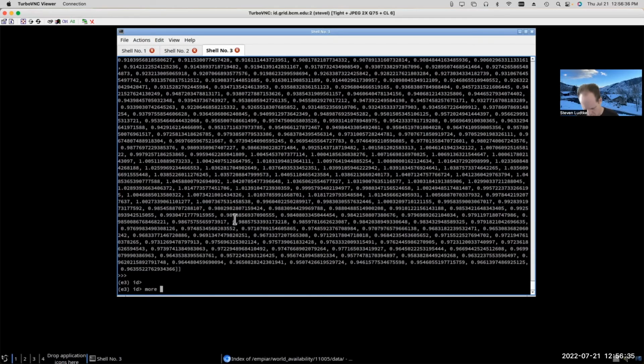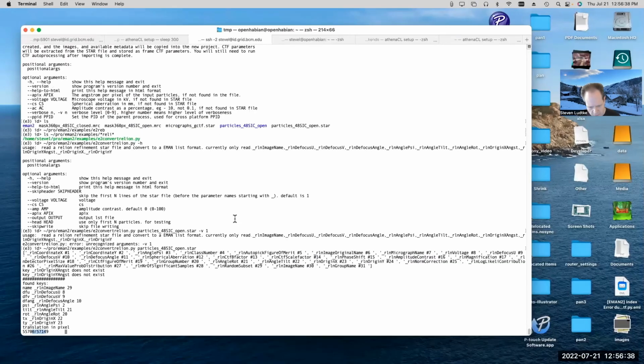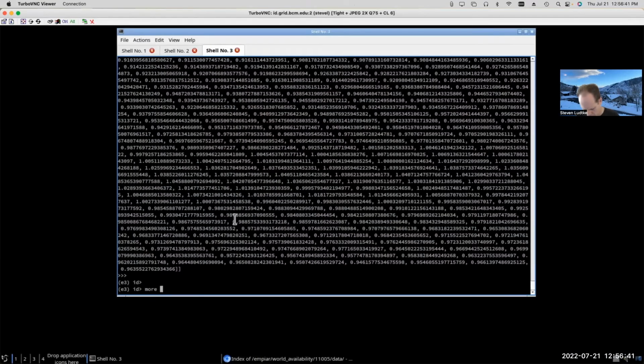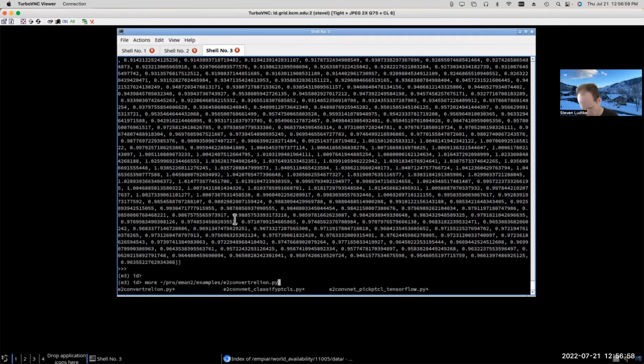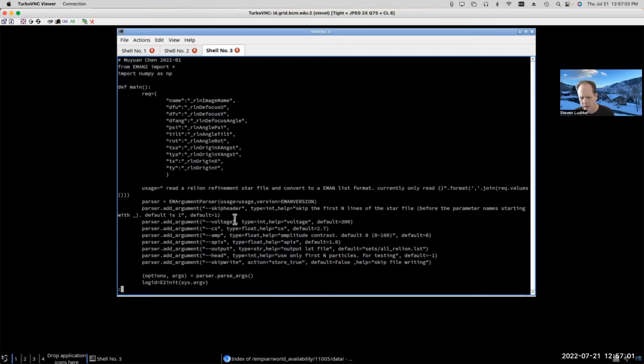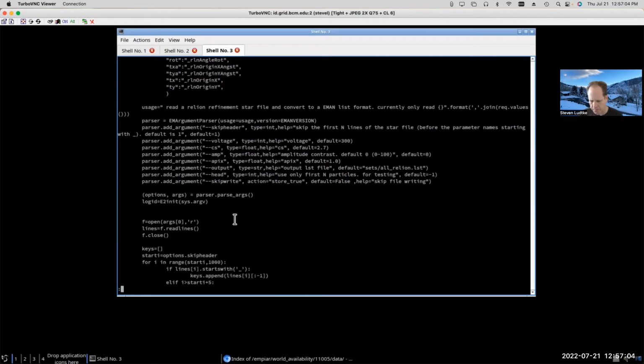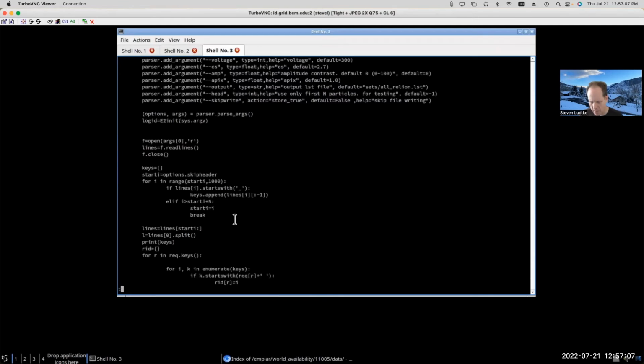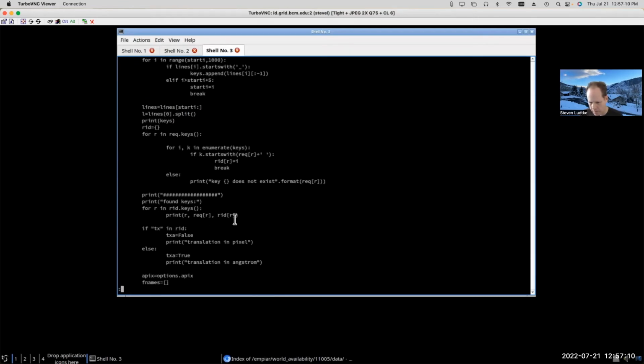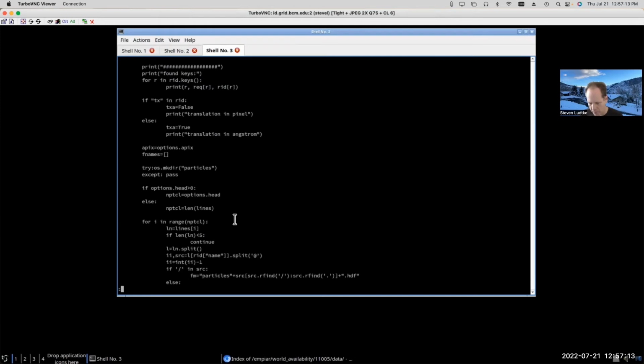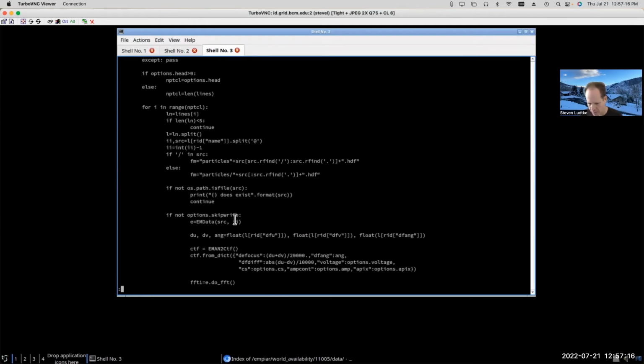If we look at, let me see if this is done yet. Almost done. So if we look at that conversion program, no, let's do this. Yeah, so if we look at that source file, we can actually see how it's dealing with the star file. Let's see. I'm going to assume that when Muon wrote this, he actually used the existing star parsing object.